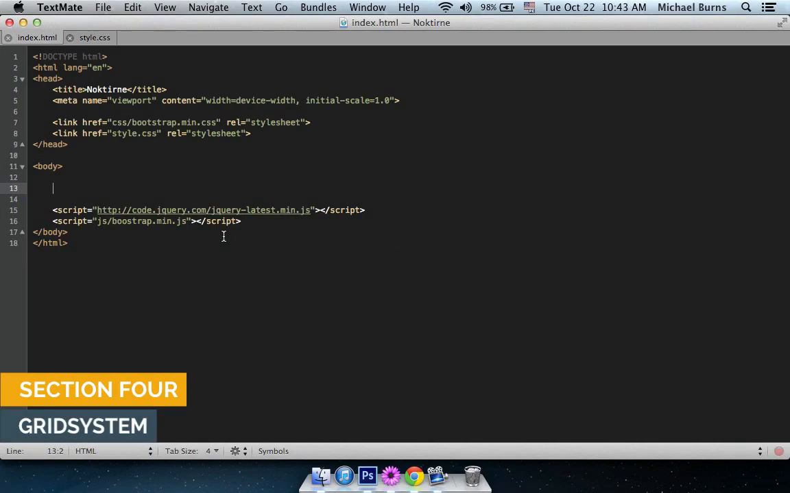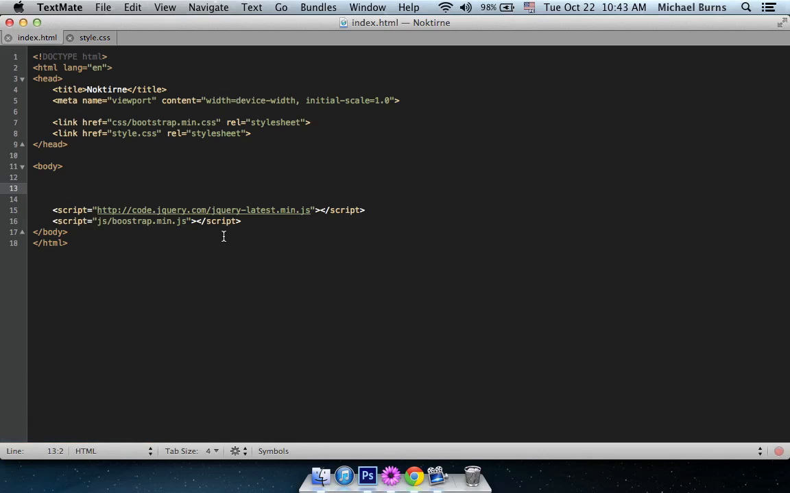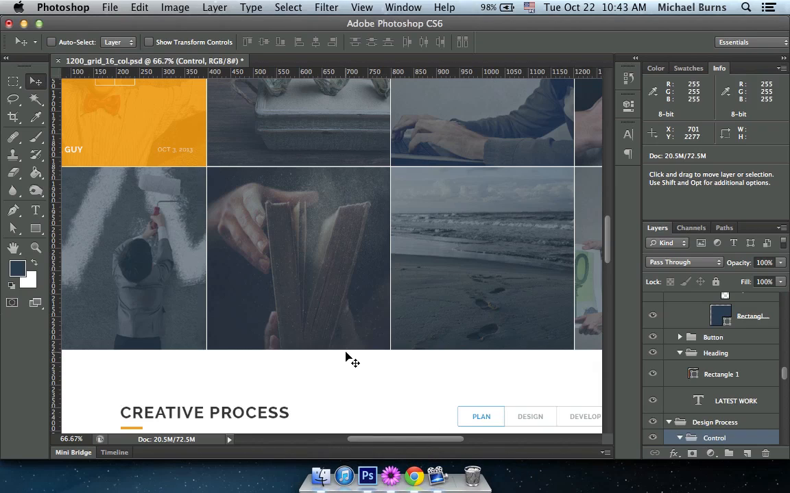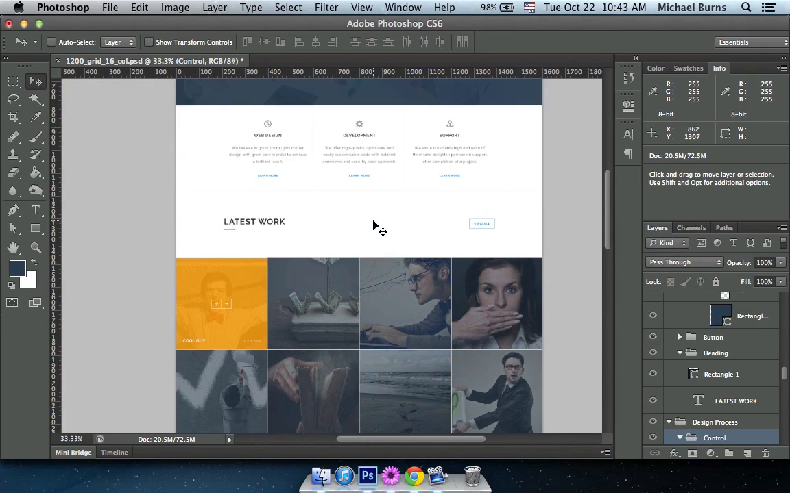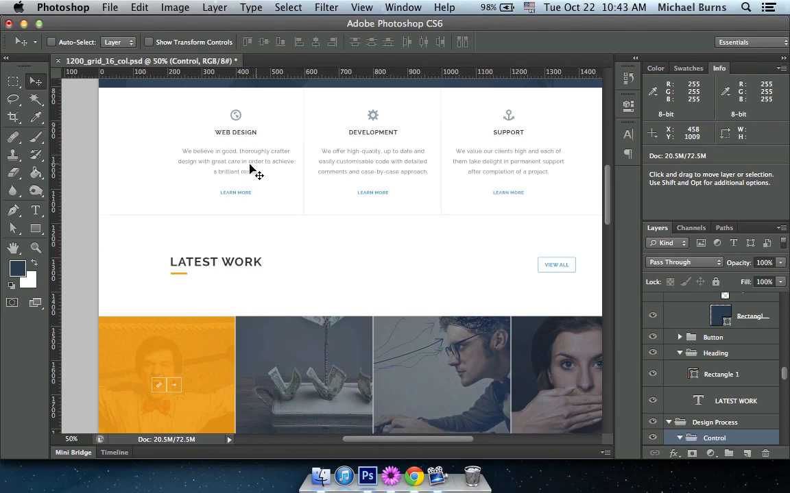Hey guys, it's important for us to understand how container, rows, and grid system work in Bootstrap. This will help us to easily divide the section of our website, just like an example right here. We have 3 sections right here. Now to create that